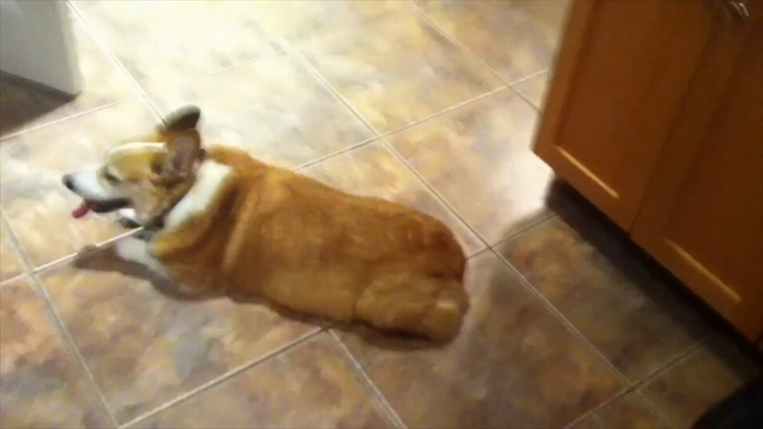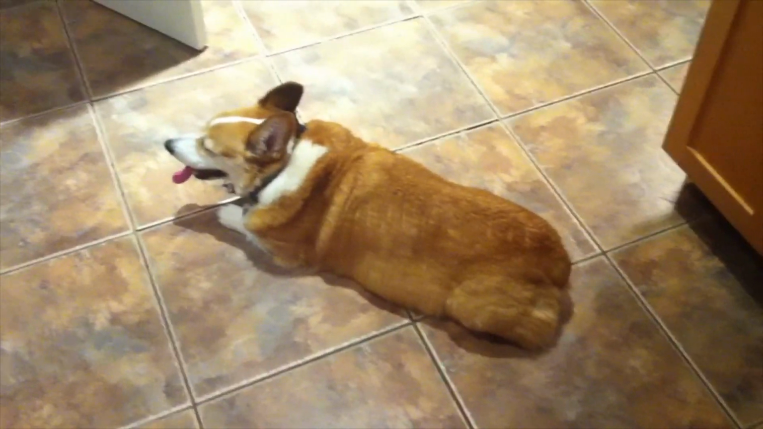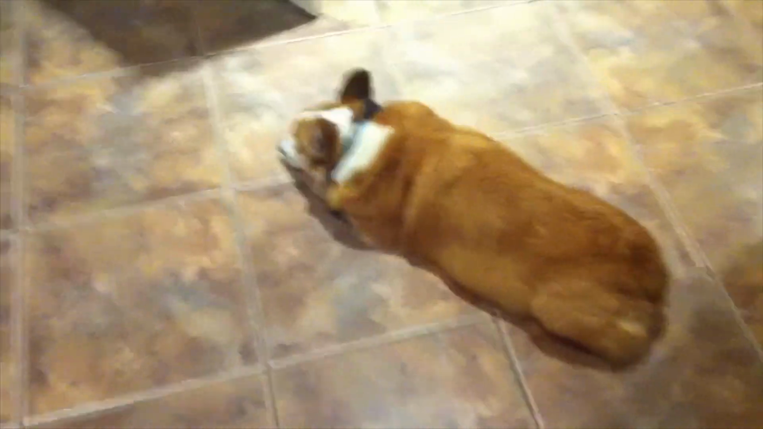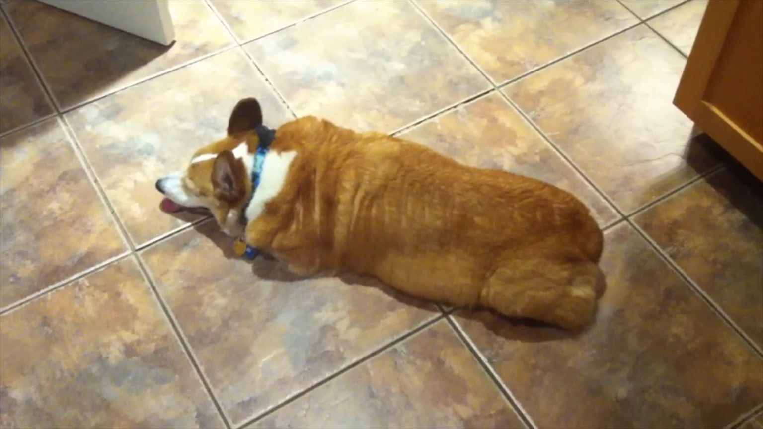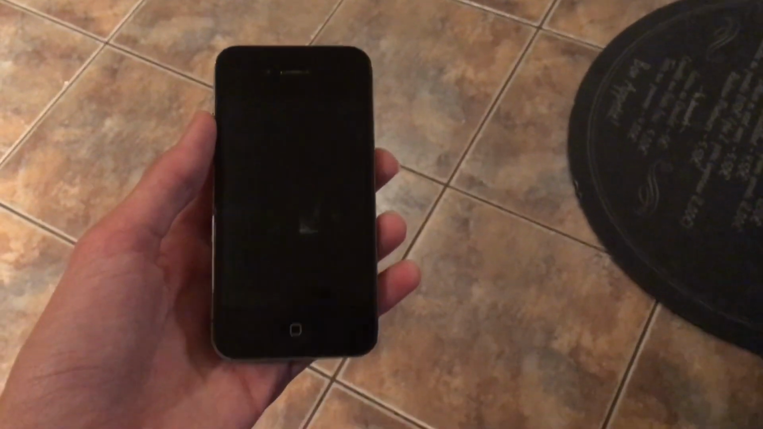This is a video shot from the iPhone 4's rear-facing 5 megapixel camera, which takes video at 720p in 30 frames a second. This is a video shot from the iPhone 4's front-facing camera, which is 0.3 megapixels and takes video at 480p at 30 frames a second. So as you can see,